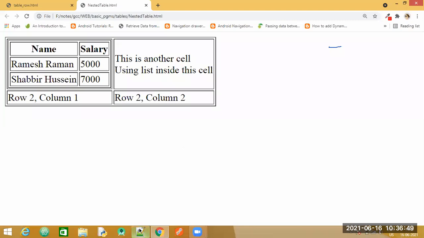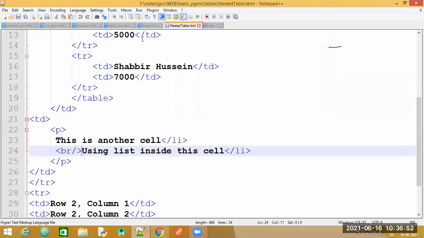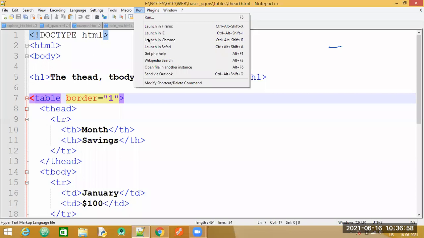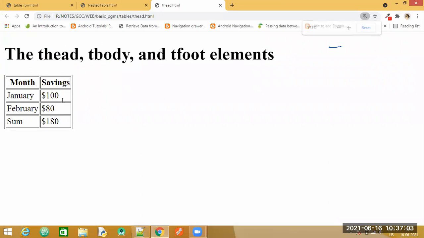Now have a look at another property here. Okay, we'll just have a look at the output for this particular program. So this is the output. So we have already seen this. We are able to create such kind of rows and columns. So you have the properties here: T head, that is table head, T body, table body, and T foot, that is table foot. So T head and T foot are basically like header and footer for the sample Word document. Even if you have a Word document, you have a header and footer for that. These behave in a similar way. Okay, they are a header and a footer.